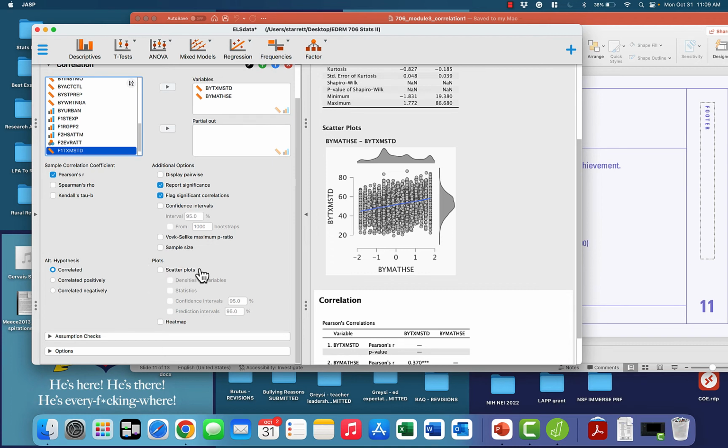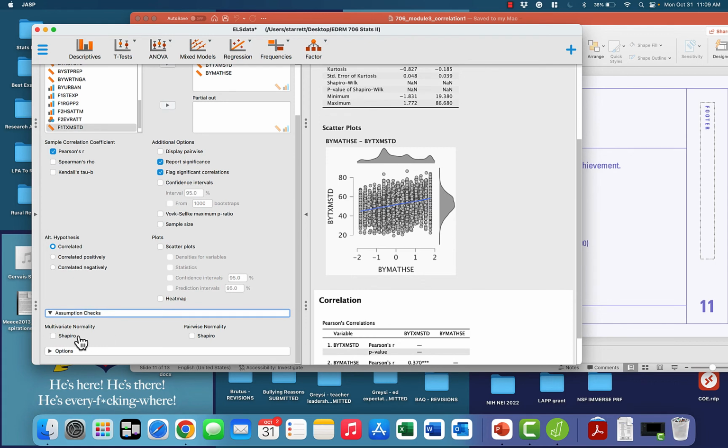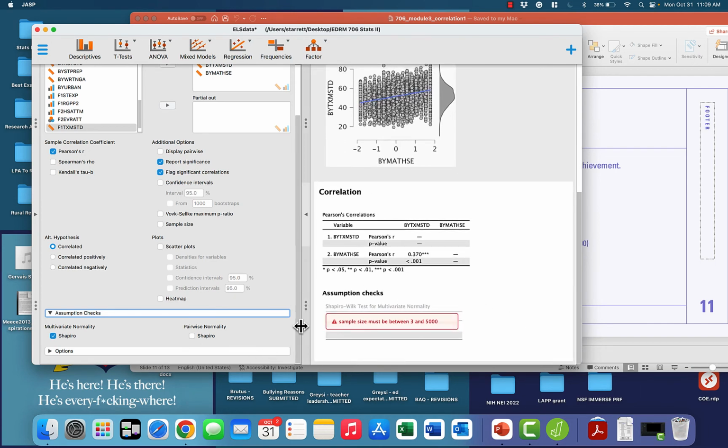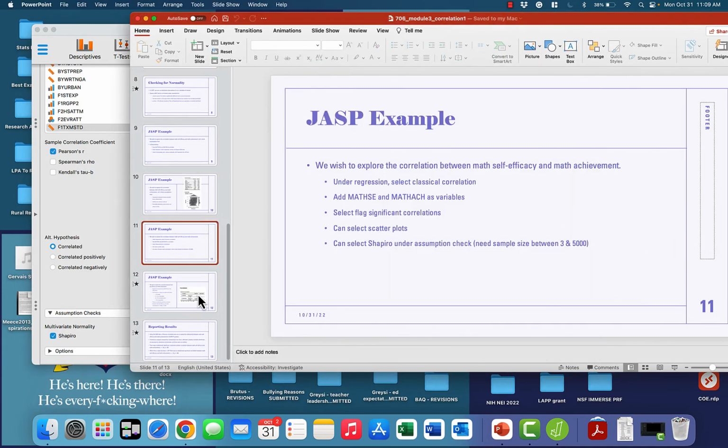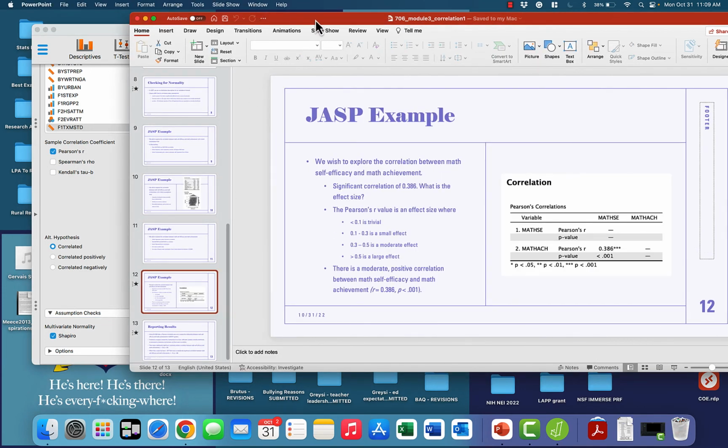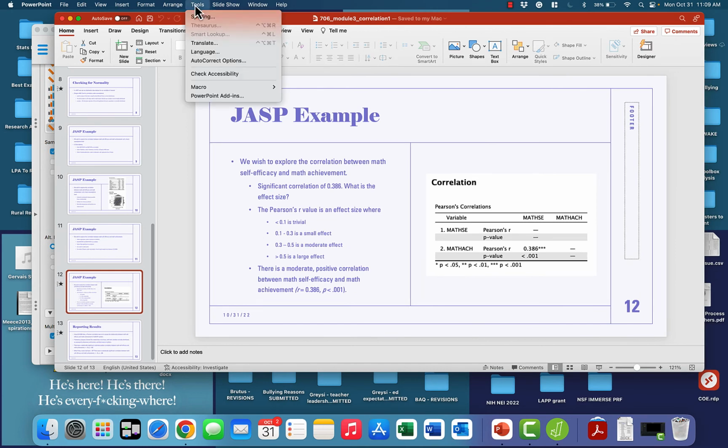And we can do a scatter plot again, so you really can look at all of your assumptions in correlation, because also in assumption check you have multivariate and pairwise normality. And again, just showing you that here it's telling us, okay, I can't run Shapiro-Wilk because your sample size is too large. All right, but we do get our correlation here, and let's go back to PowerPoint,